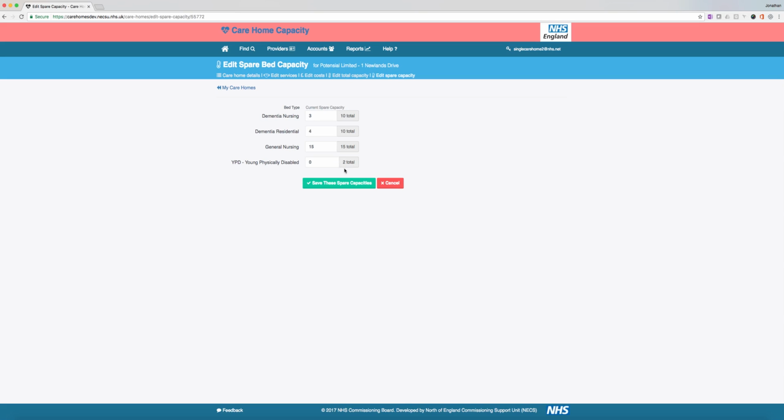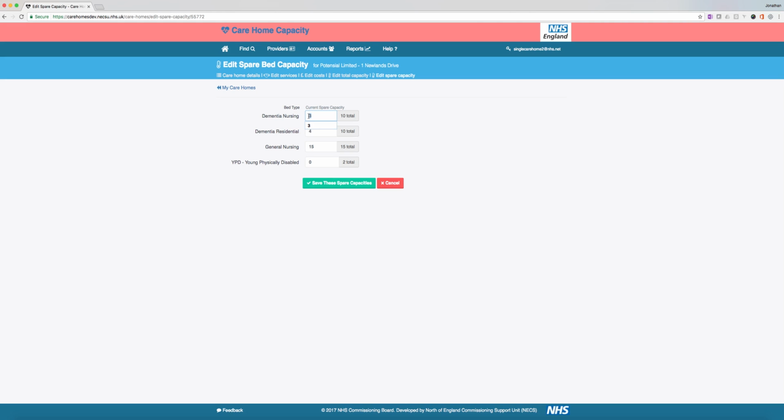They just remind the user who's editing the spare capacity what the maximum capacity is that they've set on the previous screen. The user can't add a number in these fields that is greater than the maximum for obvious reasons, so it's just to help the user understand what they've previously determined as the maximum. Now this is the screen every day, every week, every fortnight. Ideally